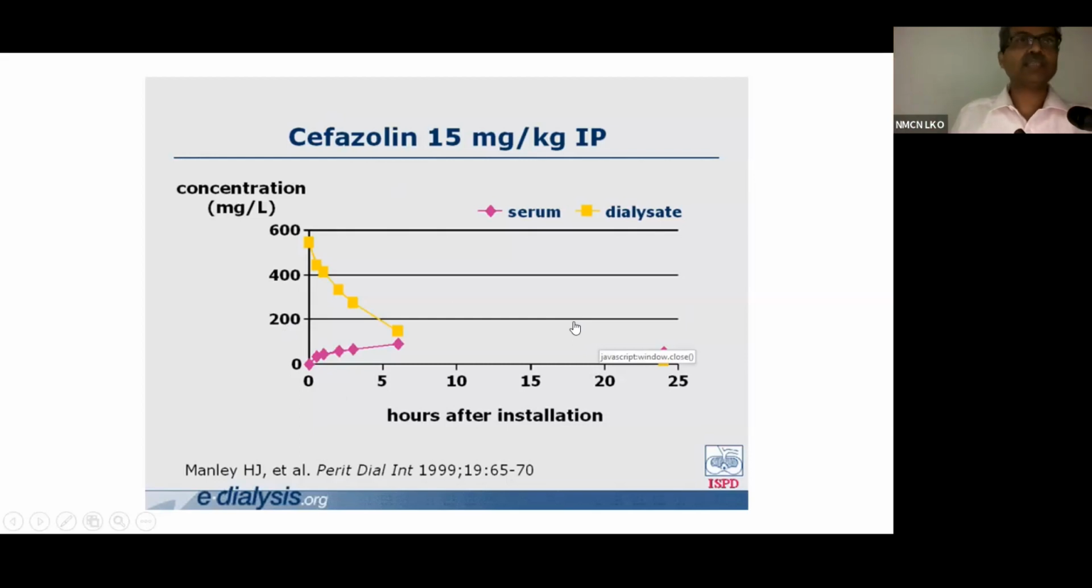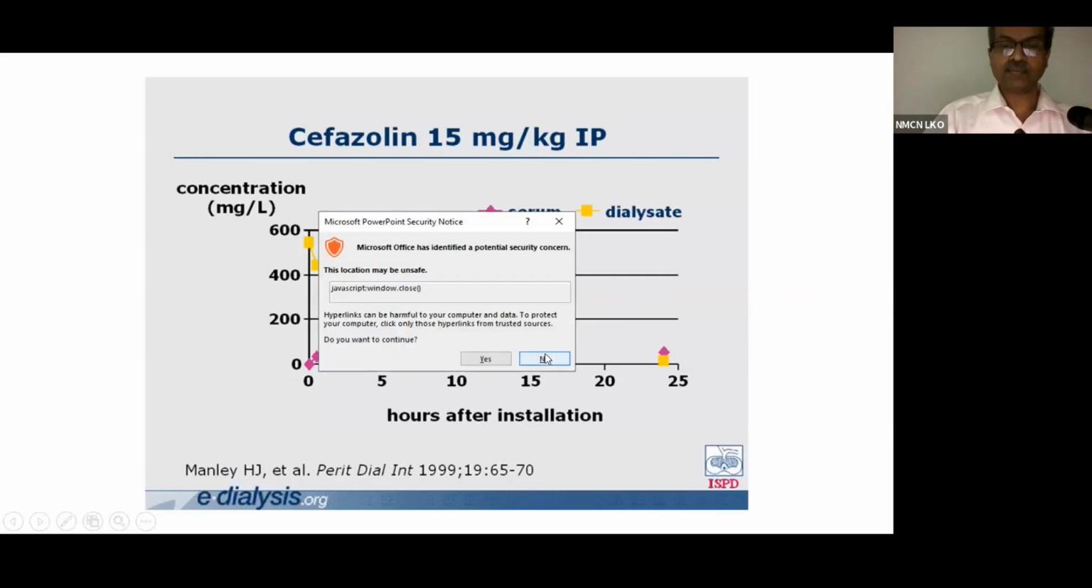Some amount is absorbed during this dwell time, and again it is secreted into the cavity, and that concentration remains there. We just continue working on for the next 24 hours. So the mechanisms of the working of the drugs depend on what kind of dialysis modality is there. Similarly,